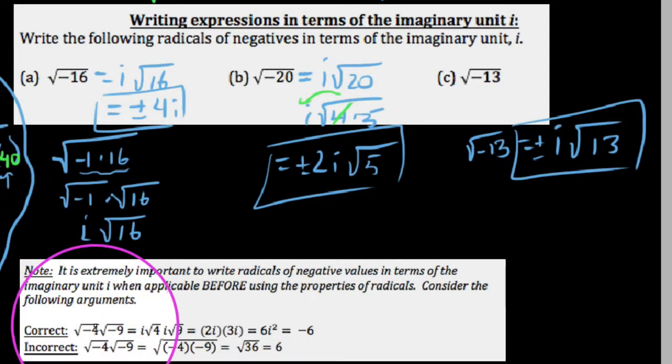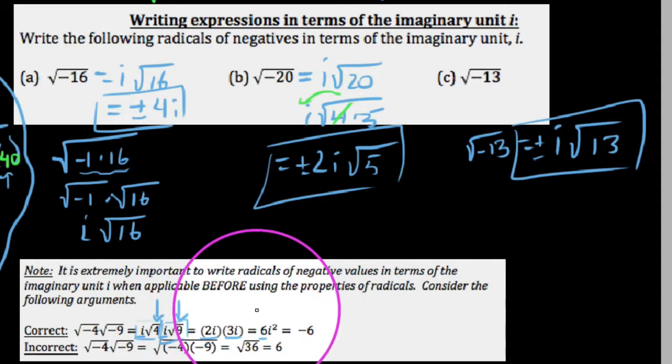If somebody were to ask you to take the square root of negative 4 times the square root of negative 9, first of all, we recognize that you can't take the square root of a negative. So what we'll do is make these radicand quantities positive again by putting i's out front. So we get i times the square root of 4 times i times the square root of 9. We know the square root of 4 to be 2 and the square root of 9 to be 3, so we get 2 times i for the first expression, and 3 times i for the second one. Now if we multiply these out, we get 2 times 3 is 6, and i times i,